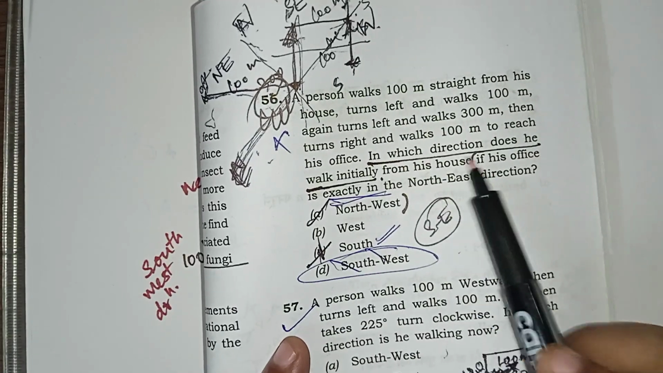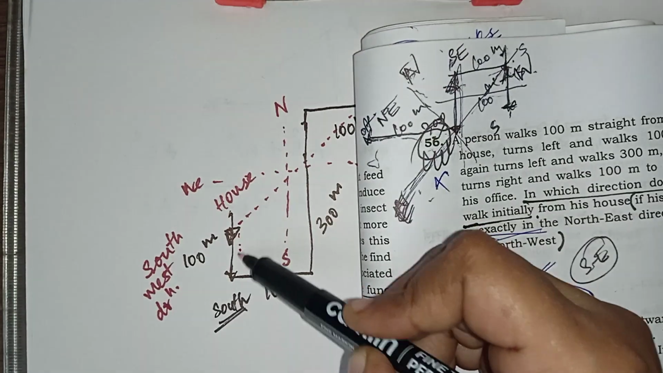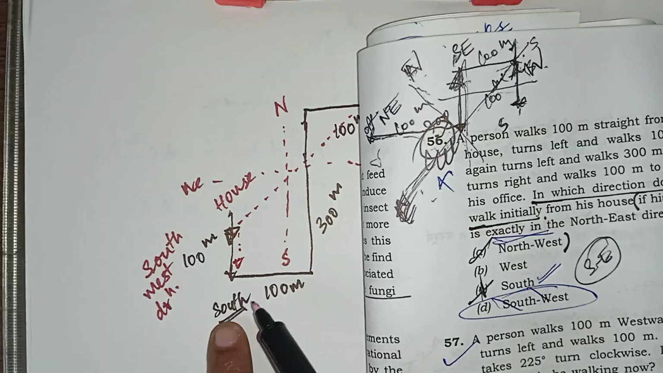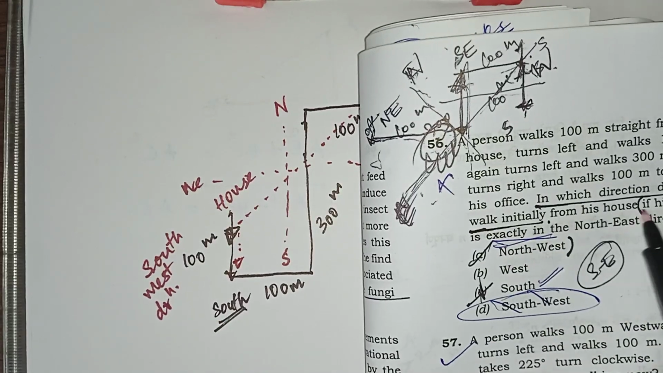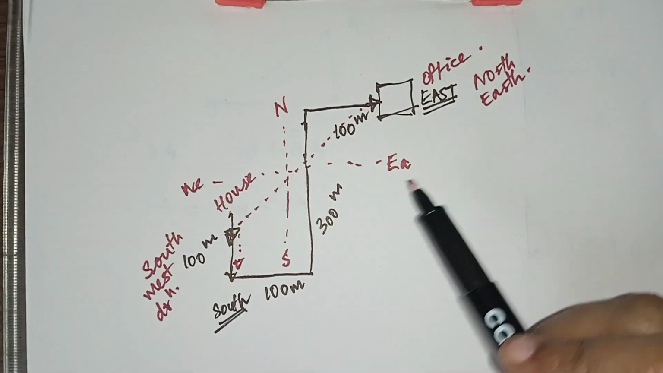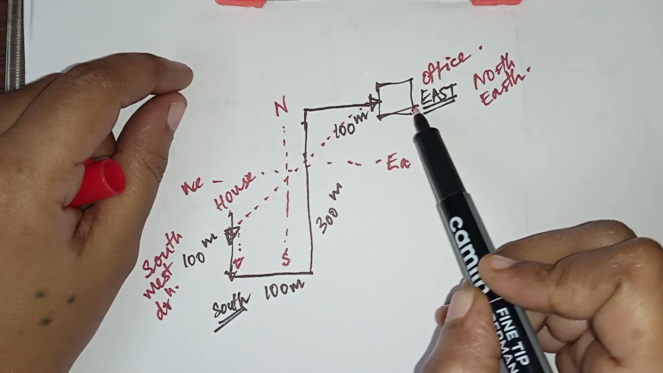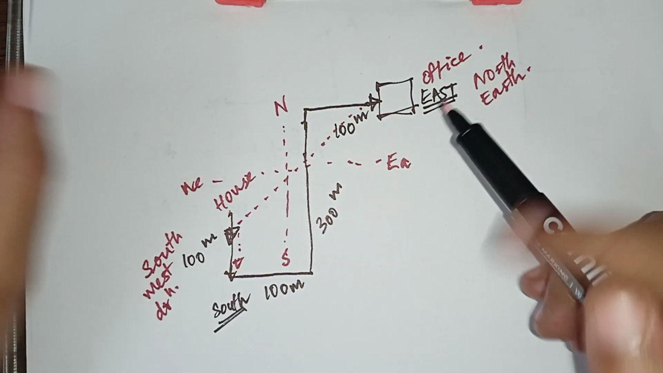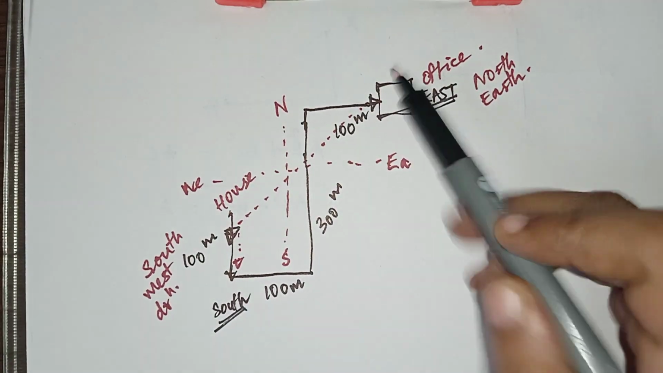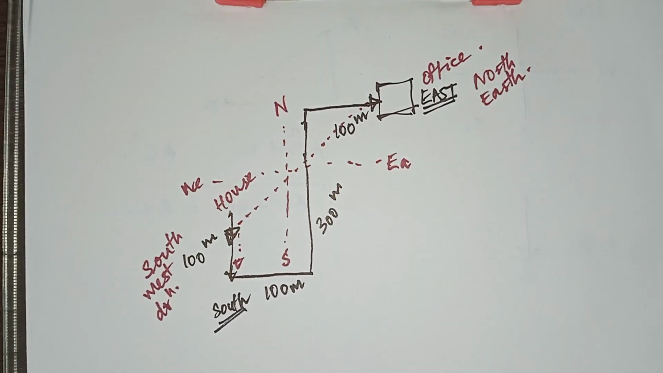But the question is stating in which direction does he walk initially. So this is with respect to the human, how he is walking. He is walking towards south. The question does not state that he is walking towards the northeast direction. The question is stating in which direction the office is placed with respect to his house. So your answer here would be